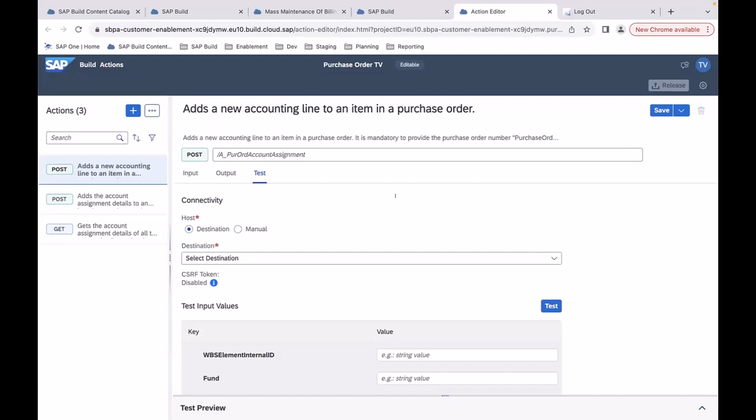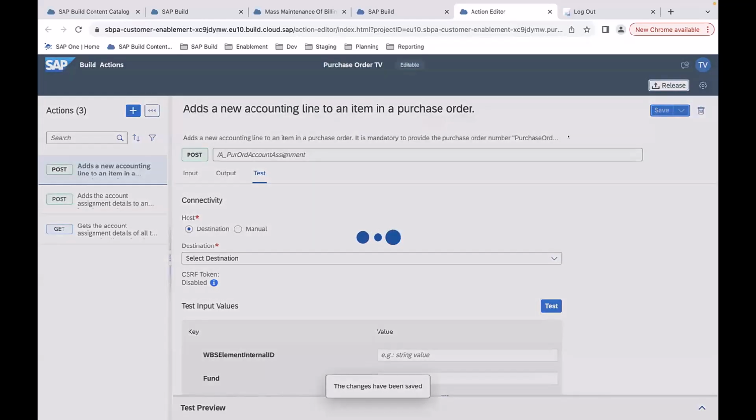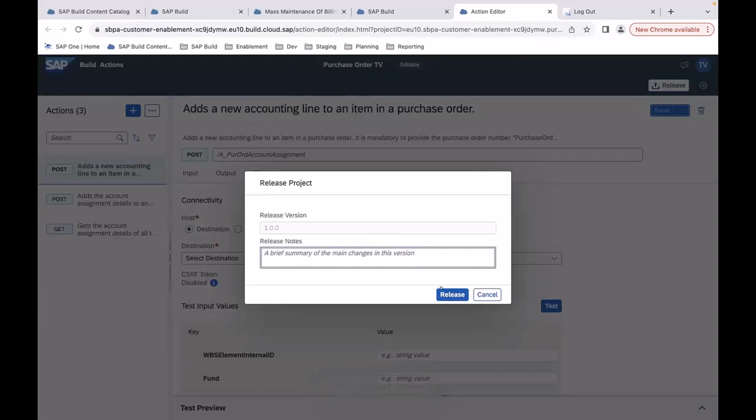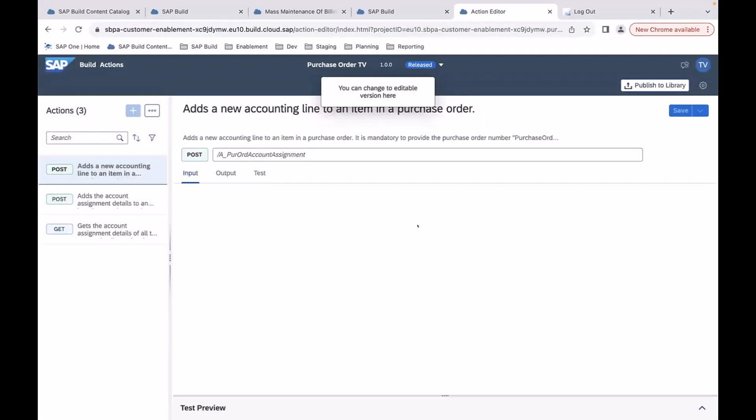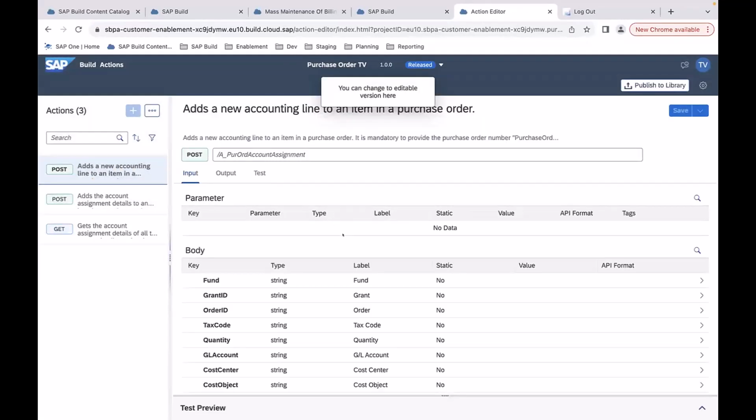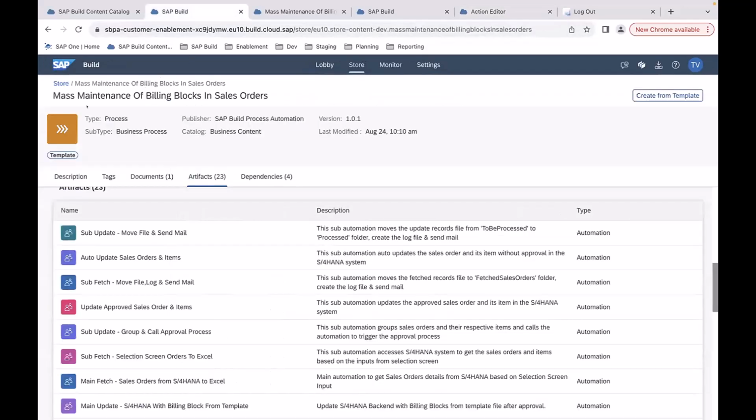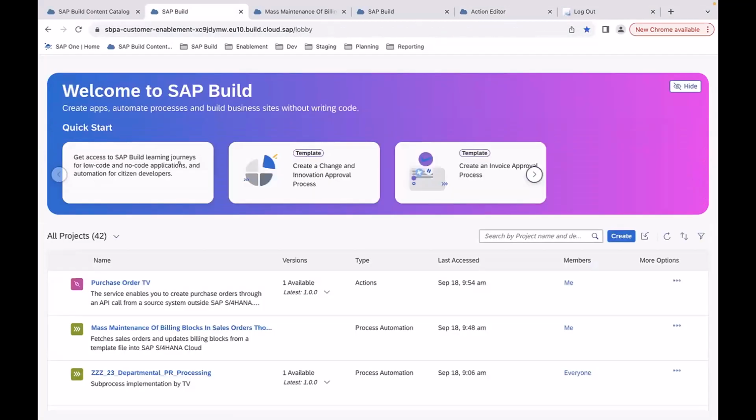So this we changed. So we basically save it, and then you can release it with a couple of clicks, give it a summary. And once you have released this action project, you can use these API calls as actions in an end-to-end business process. Now, let me go back and show you additionally something,